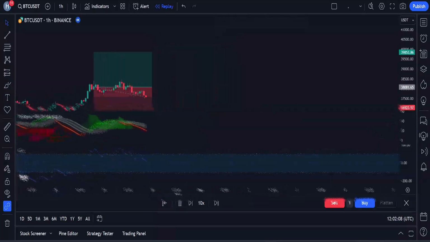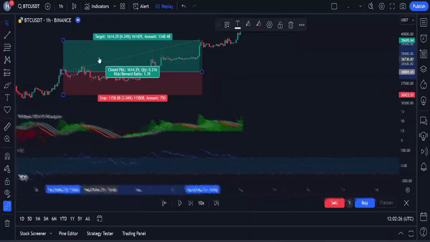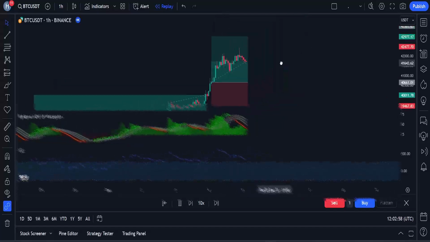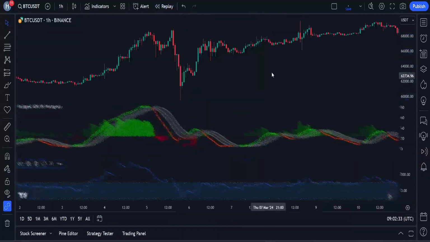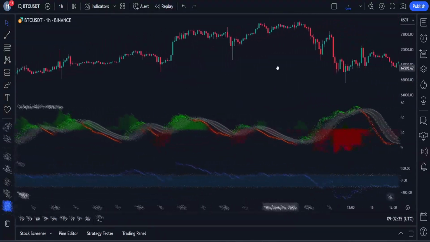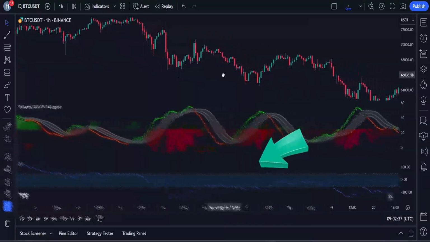I have found an indicator that gives almost accurate signals nearly every time. But of course, we know that no indicator is accurate every time. So to remove the false buy and sell signals given by this indicator, we will add another amazing indicator to